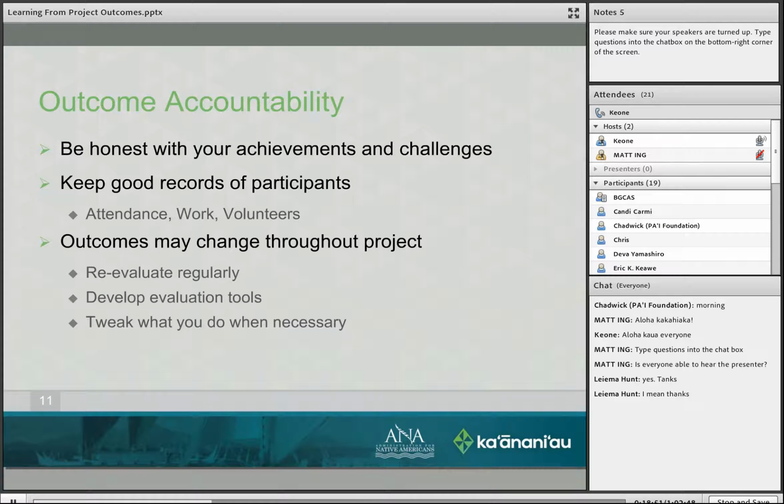But what happened to the others that didn't attend? Why did they not attend? What was it within that activity that caused them to drop out? Those types of things need to be looked at to be honest about what your project is being able to do.